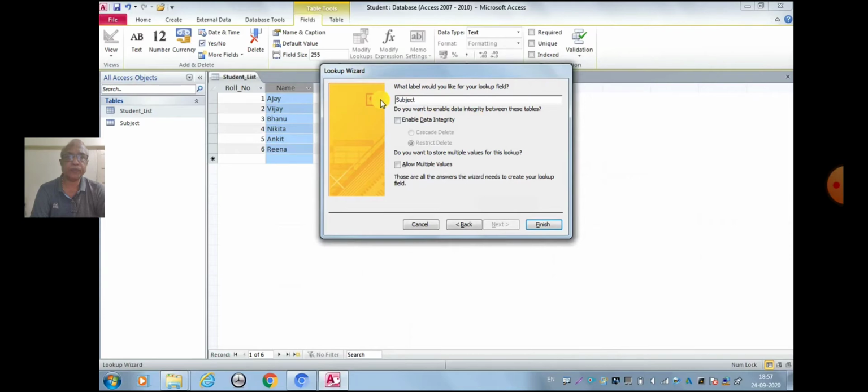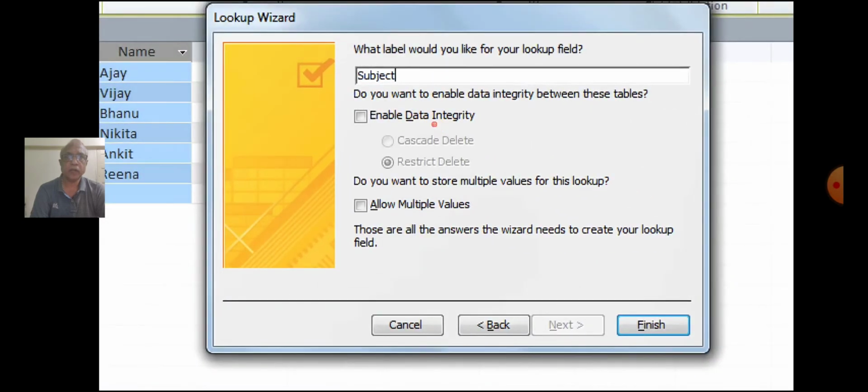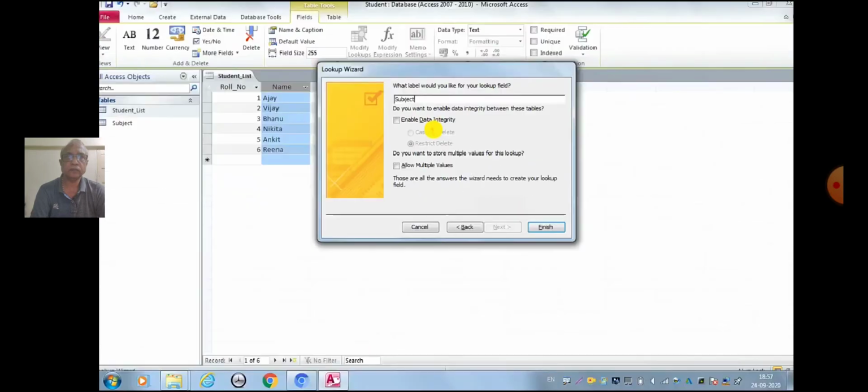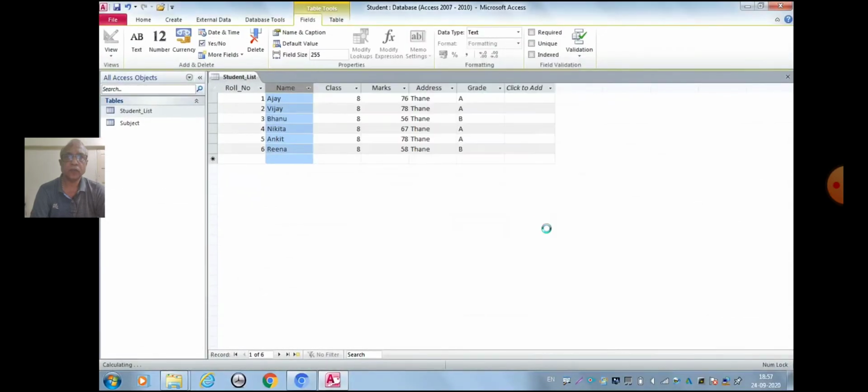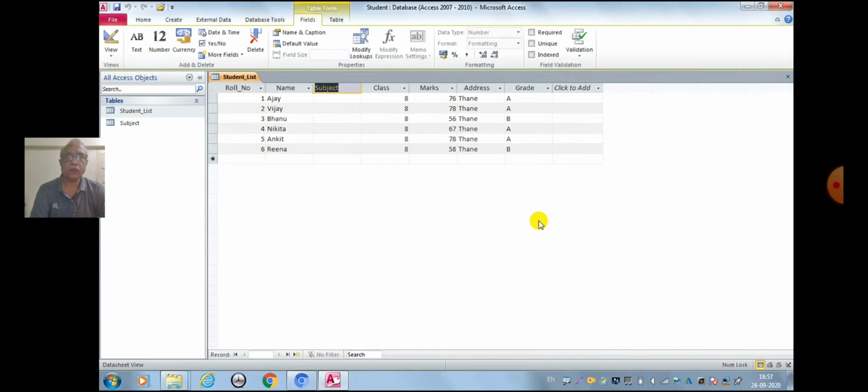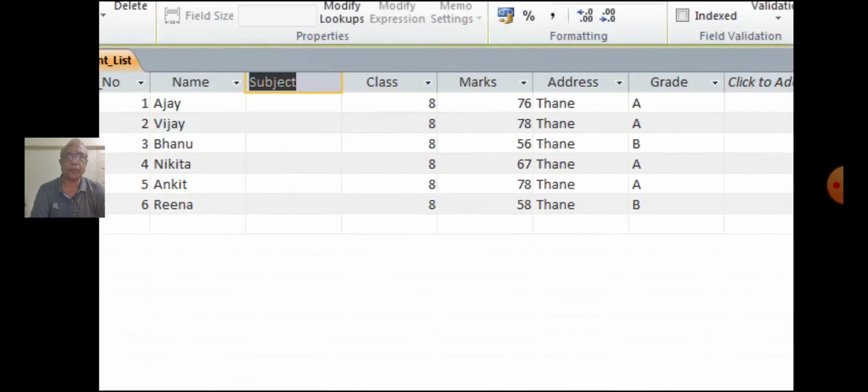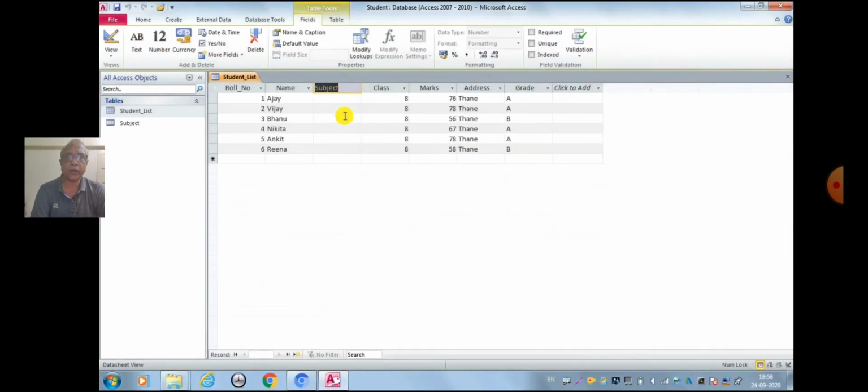Change the name to subject. Click on the Finish button. The lookup column will be displayed in the students table. We can select the subject according to the students.